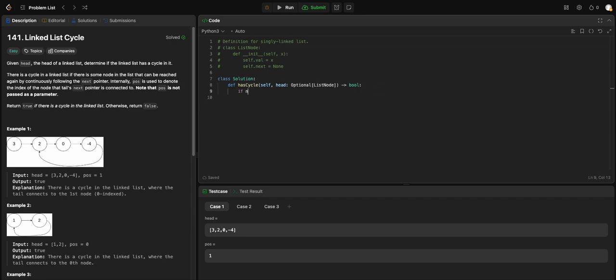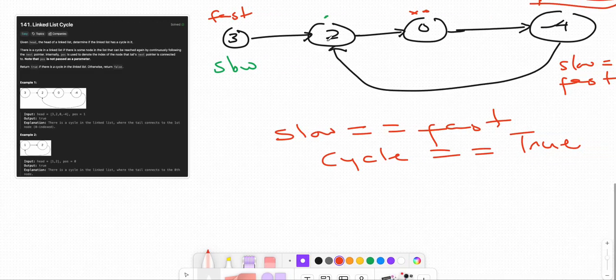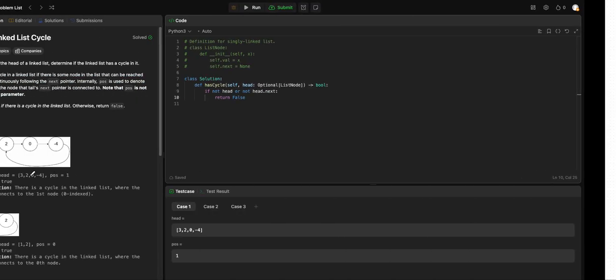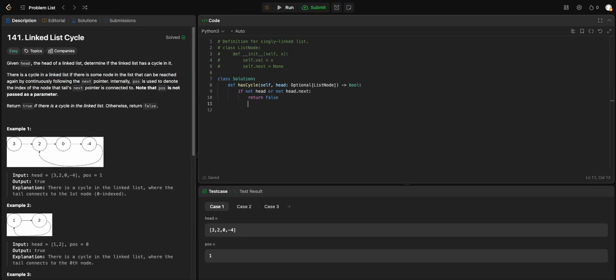First of all, if it's not head or not head.next, return false. So if it's not a linked list at all, or it's just one node, then there's no cycle, right? There's no need to worry ourselves. So we return false. Now we set our slow pointer,